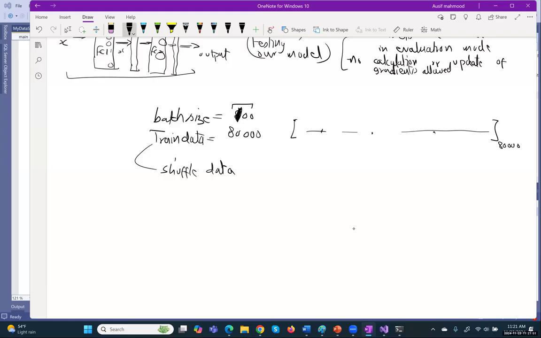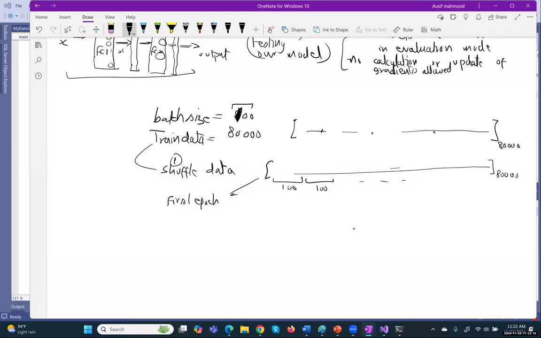First shuffle the data so that it mixes everything up. You still have 80,000 over here, but these are shuffled now. Now if you pick 100, 100, right? So in the first epoch,